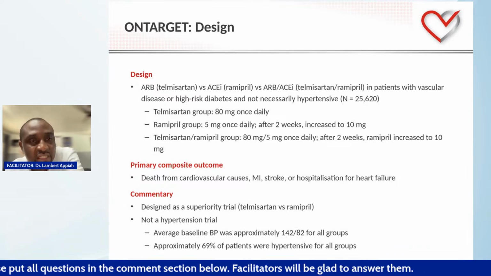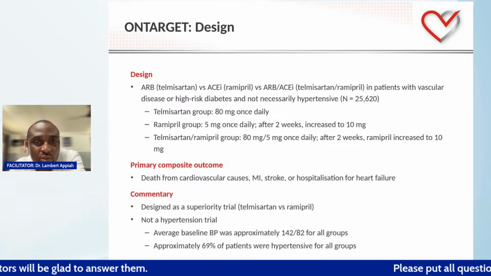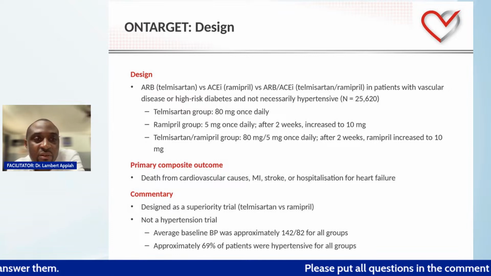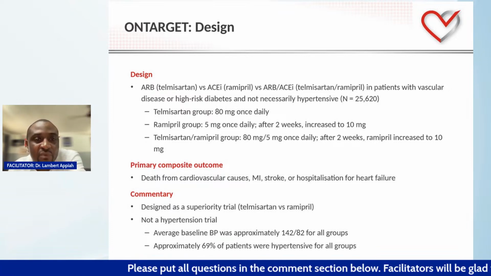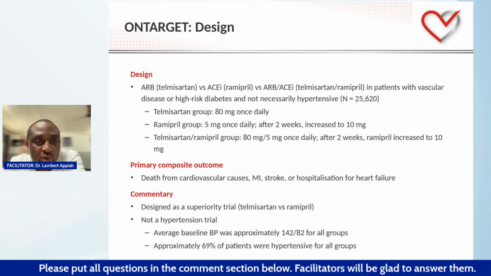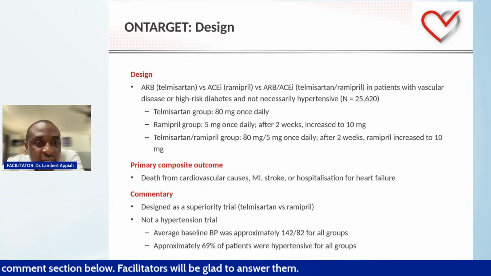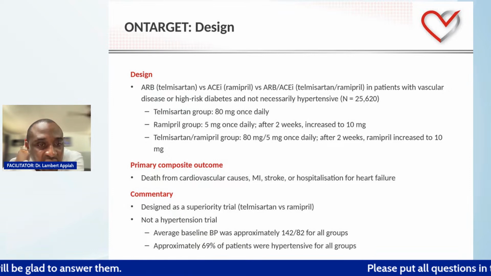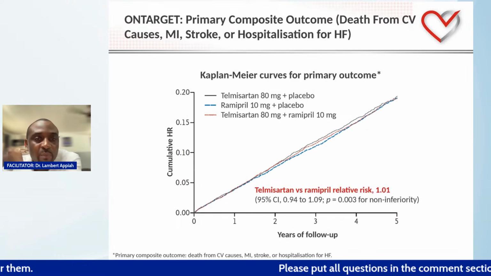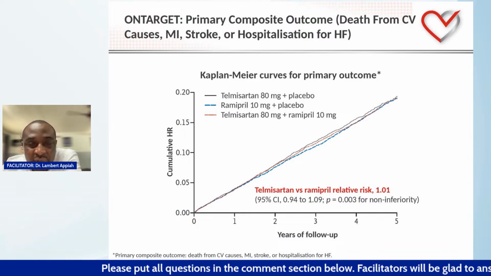So we have the telmisartan group who were randomized to 80 milligrams daily, ramipril 5 milligrams daily. After 2 weeks, it was increased to 10 milligrams. And those who were on the combination of an ARB and an ACE inhibitor. Primary outcome was death from cardiovascular causes, myocardial infarction, stroke, hospitalization for heart failure. So it was designed as a superiority trial, telmisartan versus ramipril, which is superior, and not a hypertension trial per se. And at the end of the day, you realize that upon several years of follow-up,